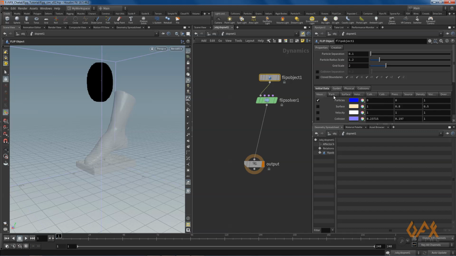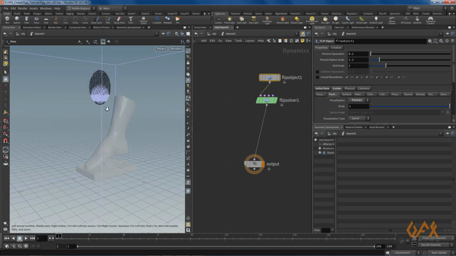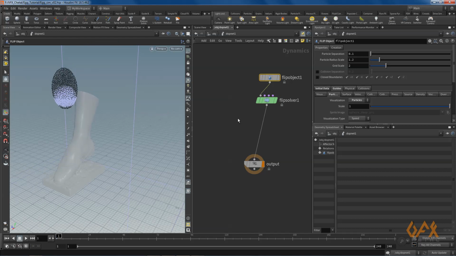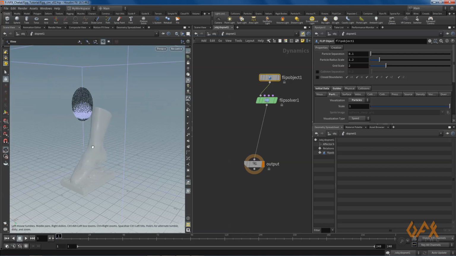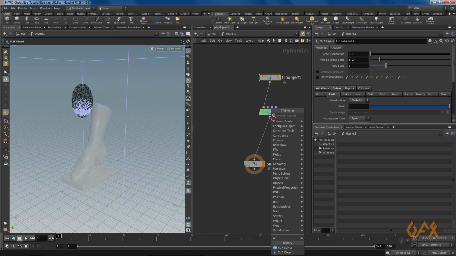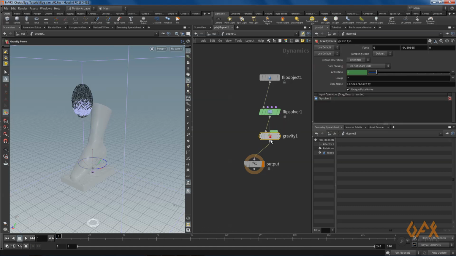Now over here in guided, go to particle, and over here you define particles. Now you can definitely increase the separation and all those things, but right now we just set it like this. Now we need one gravity over here to make my particles fall down.